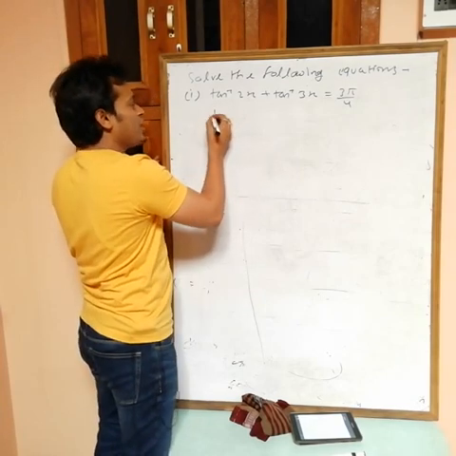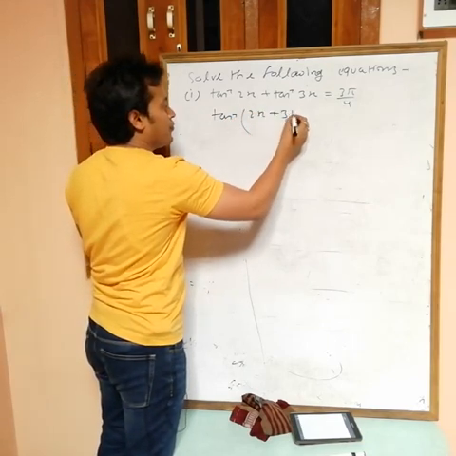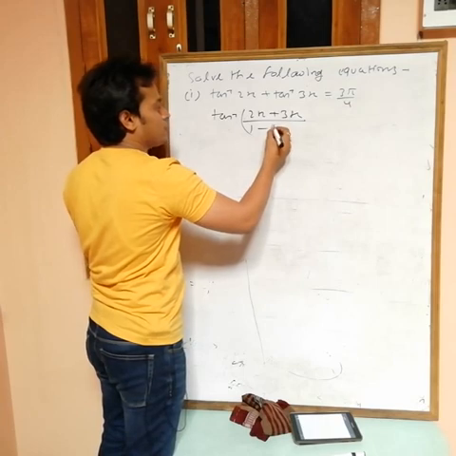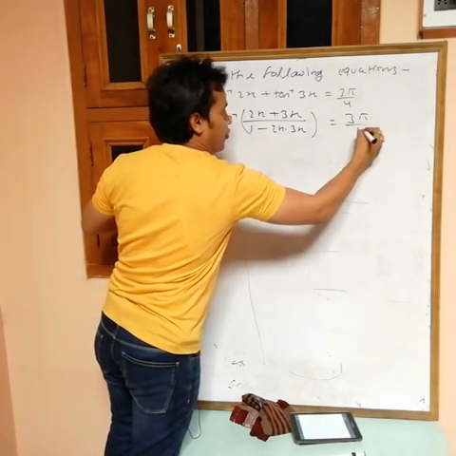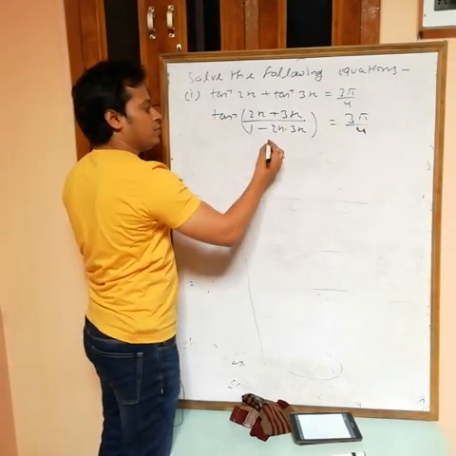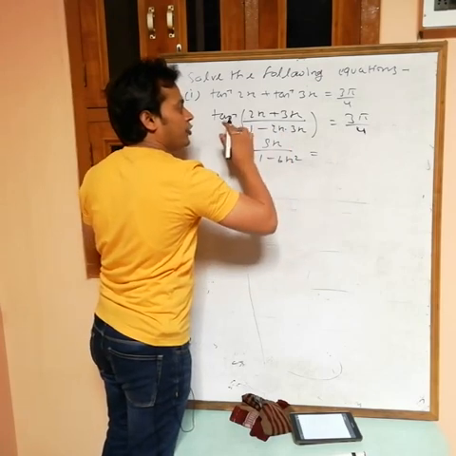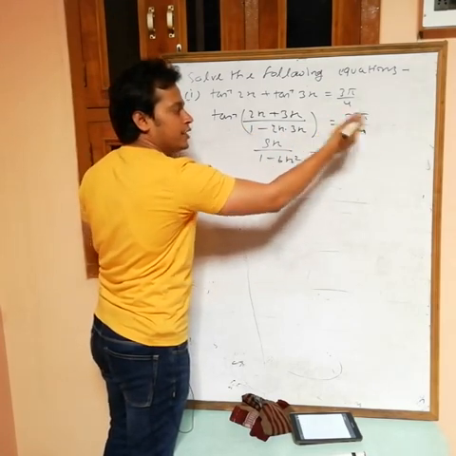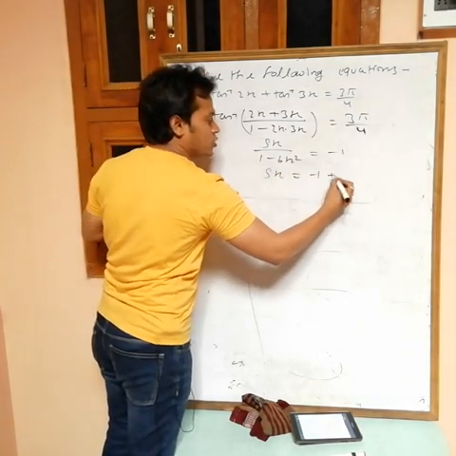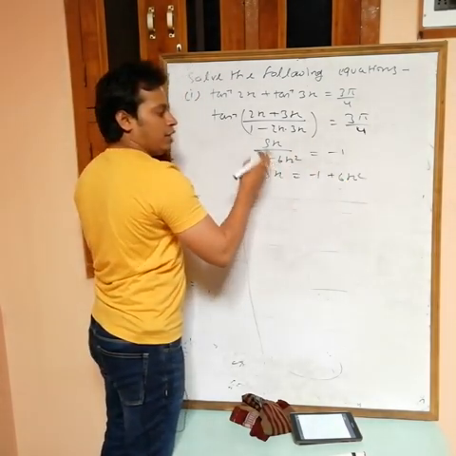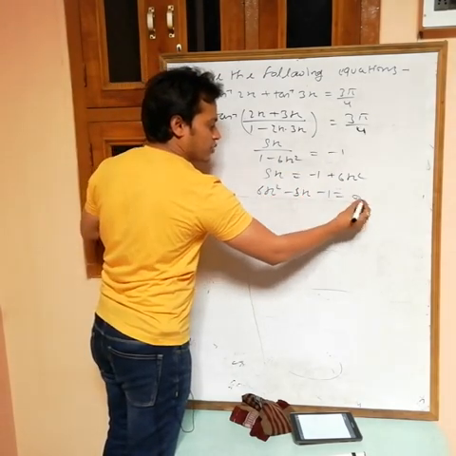Now I am using the first one: tan inverse of (x plus y) by (1 minus xy), where xy is 2x into 3x, equals 3 pi by 4. Take tan on both sides. Then this one is 5x by 1 minus 6x square, and tan 3 pi by 4 is minus 1. So 5x equals minus 1 plus 6x square. Take all terms to one side, quadratic equation: 6x square minus 5x minus 1 equals 0.